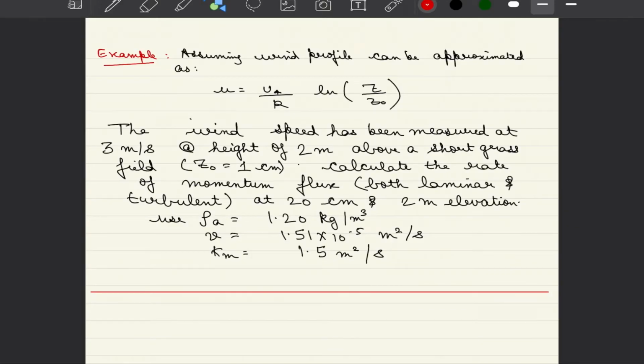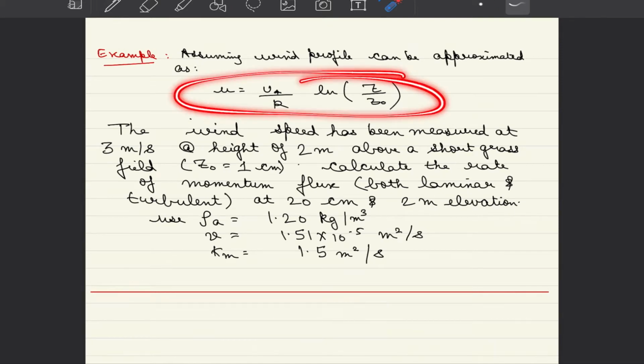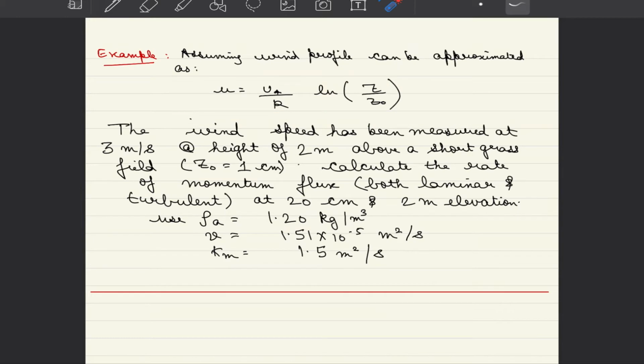Now let us look into one specific example of how we will put the calculations of wind profile to use and measure the value of momentum flux associated at different heights, both in laminar and turbulent cases. So assuming that the wind profile can be approximated using the relationship U = (U star / K) ln(Z / Z naught). If you note here, we are not accounting for ZD and we are writing it in